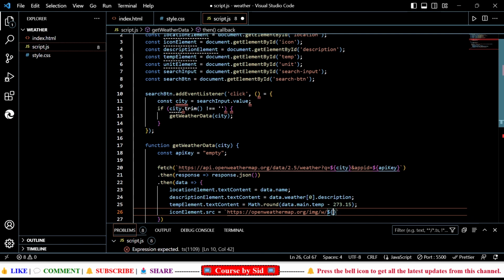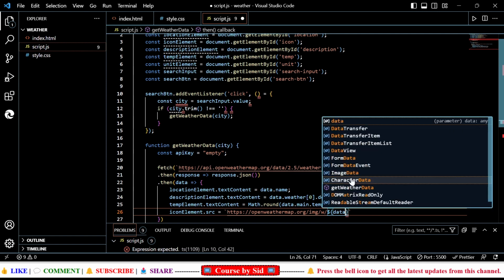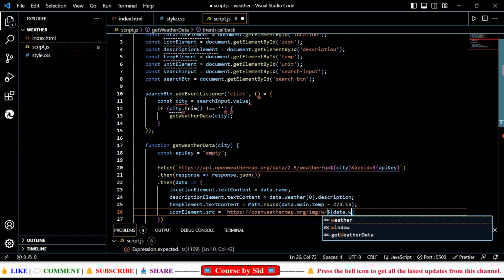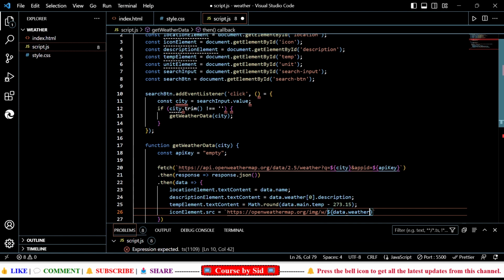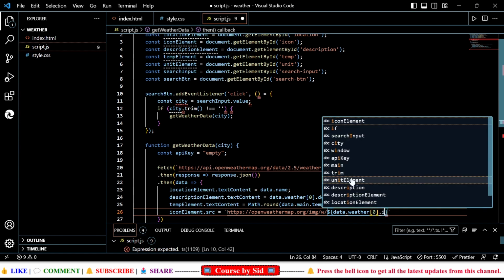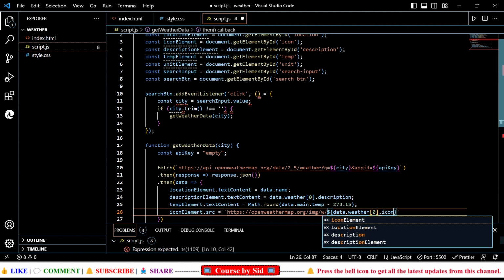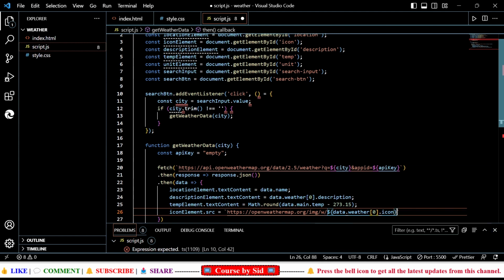Here I'll pass data.weather at 0th position dot icon, right, dot png, right, this